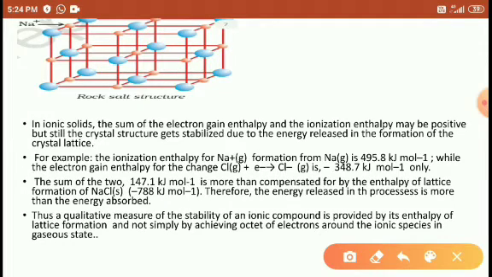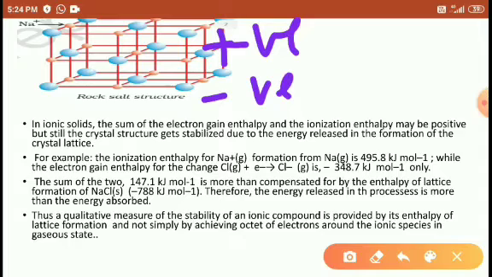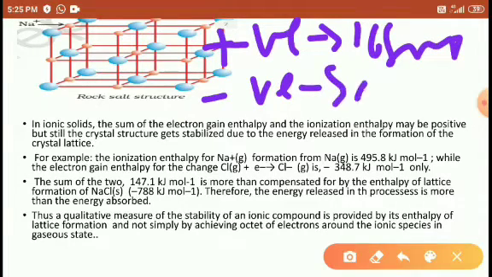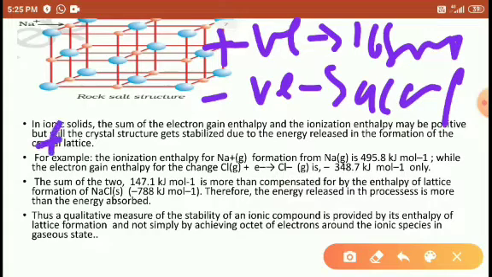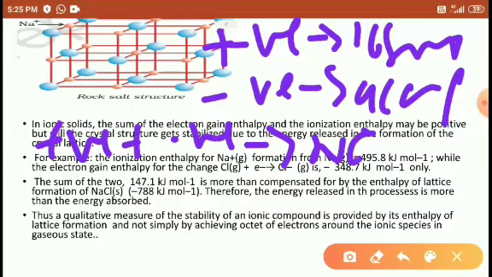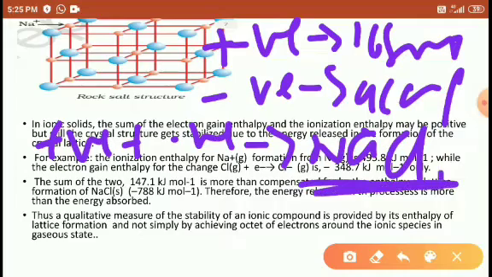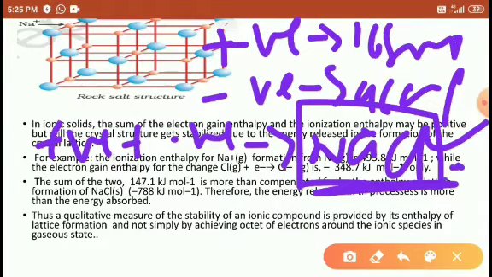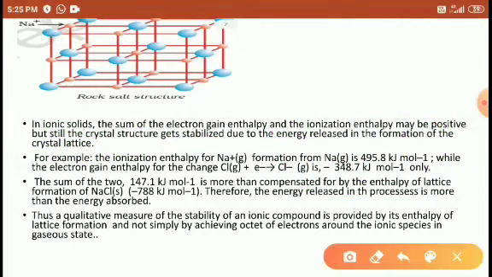The sodium neutral atom turns into a positive charge, and another neutral atom turns into a negative charge. The positive charge forms by losing an electron, and the negative charge by accepting an electron. Both the positive and negative charges attract each other to form a crystal, NaCl, KCl, etc. So if the enthalpy of this crystal during formation is negative, it means it is more stable. All this information is obtained from this formation.